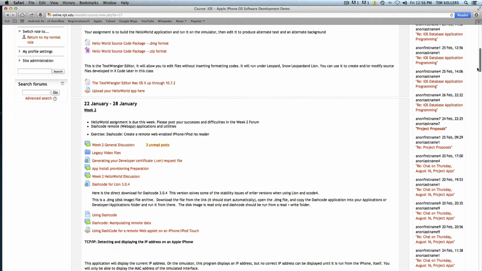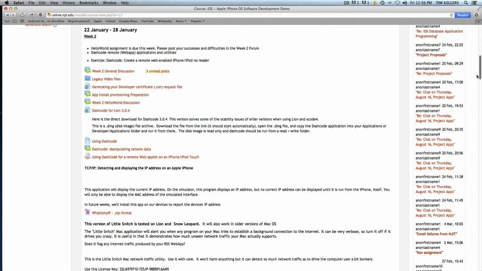If we scroll down further, we'll see in week 2 that there are 3 unread posts done in the forum, and we'll see that there are other topics here about generating your developer certificate, install, provisioning, preparation. These are topics of discussion in the class itself. There are some which are utilities, and then down at the bottom there are assignments. This one, using Dash Code for remote web applet on an iPhone or iPod Touch, sounds a little arcane, but if we click on it and open it up,